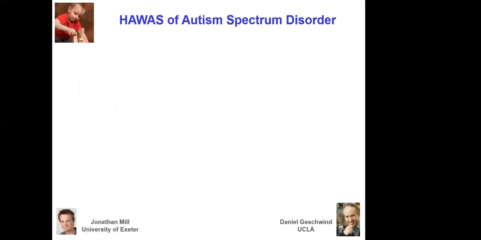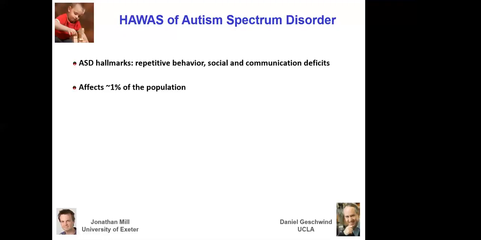So we decided to apply this, like I said, to autism. And so what is autism? I guess I don't need to say that for most of this audience, but it's a fairly common disorder. It's marked by repetitive behavior or behavioral rigidity and social and communication deficits. In terms of behavioral rigidity, autistic kids mostly would have, say, repetitive behaviors like stacking or turning wheels or something like that, right? It affects 1% of the population approximately, perhaps even more.